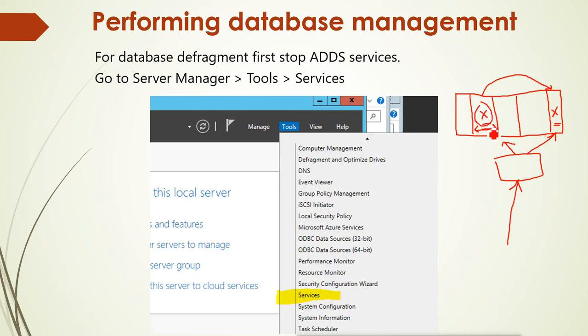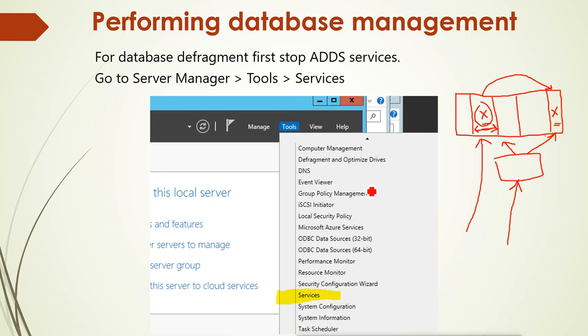Like when we add Active Directory Exchange services, it is a big information, big data. So it will be added, but it is a once-in-a-lifetime job. We don't do it regularly, and we don't remove it regularly either. Sometimes, if our database has been running for a long period and we have added and removed lots of applications, we need to defrag the database also. For doing the defragmentation, we have to stop the services.